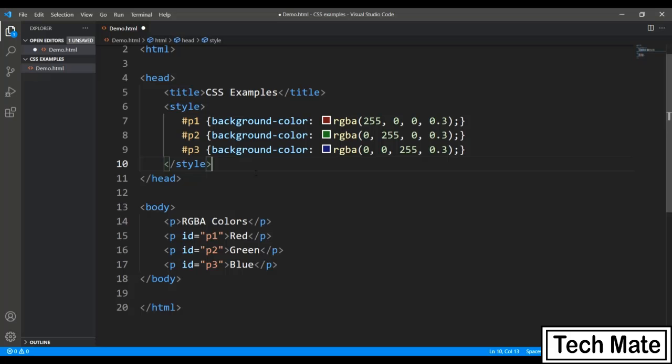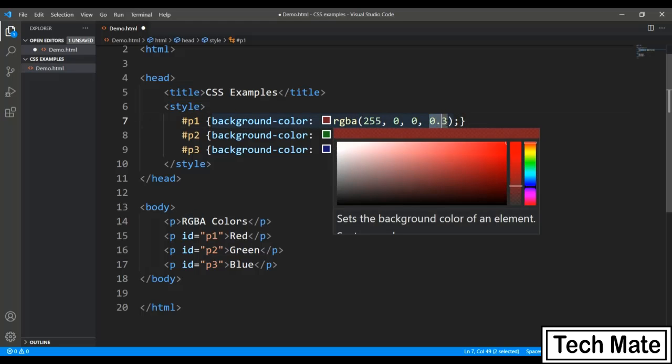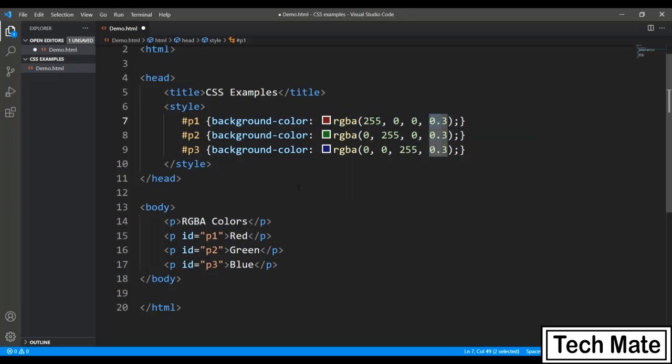As far as colors are concerned with CSS3, we have the same concept as in normal CSS, that is, we can use RGB to create various colors. Here you can see the first parameter is again for red, then G for green, and the third one is for blue. But you can also notice there is a 4th parameter, newly added with RGBA in CSS3. This alpha will tell you how transparent or how opaque you want a color to be.